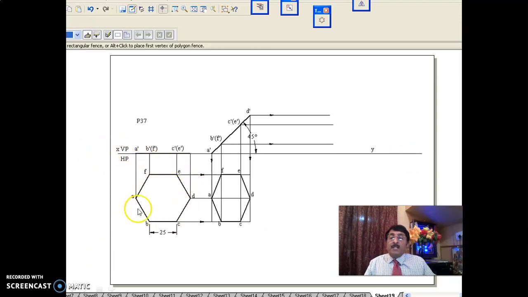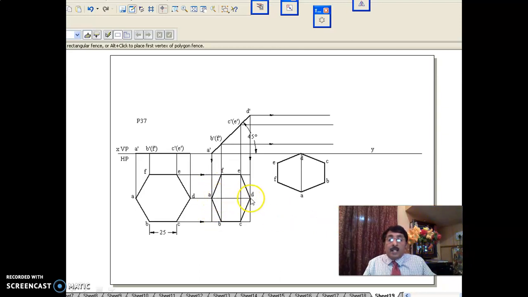XY line, VP, HP, A B C D E F, A dash, B can be seen, F cannot be seen, B dash, F dash. When an observer is looking from here, C can be seen, E cannot be, C dash, E dash, D dash. And okay, this is the surface inclined at 45 degrees to HP, or the diagonal inclined at 45 degrees to HP. For this, you got the top view. Up till here, it is the same as the previous problem. In the previous problem, what I had done is, the top view of the diagonal containing the corner was inclined at some degrees to VP. Now, what they said is, corner on HP,